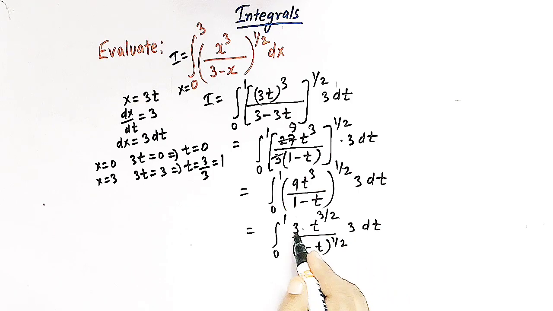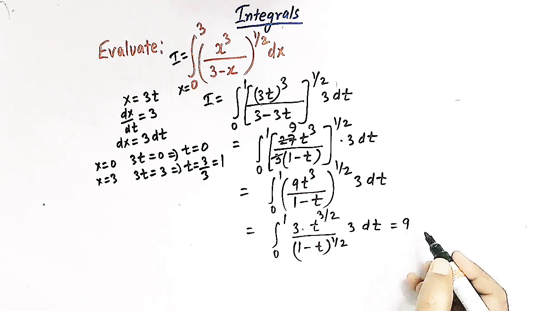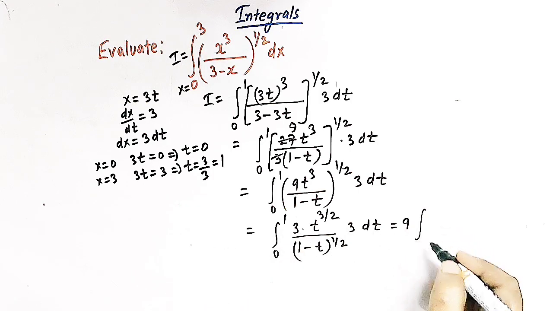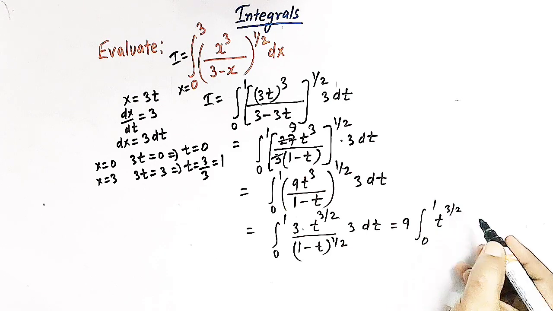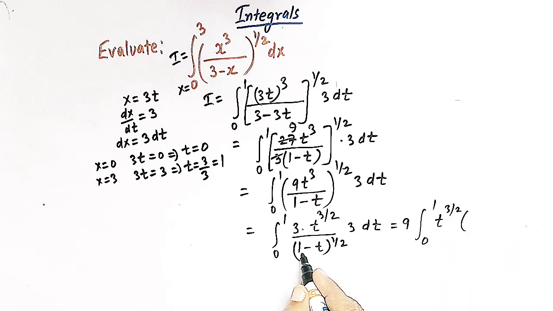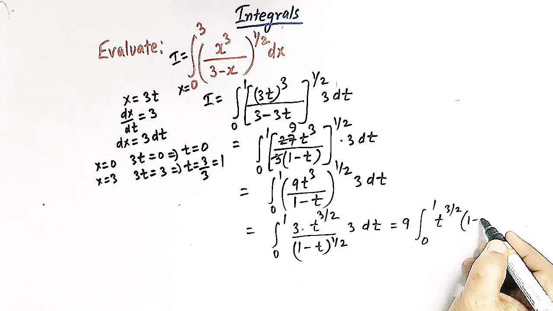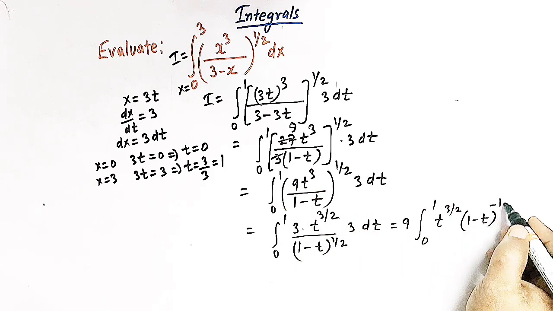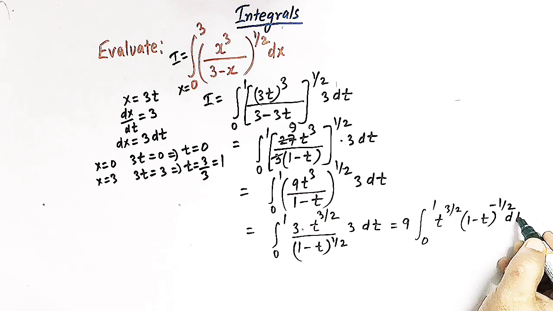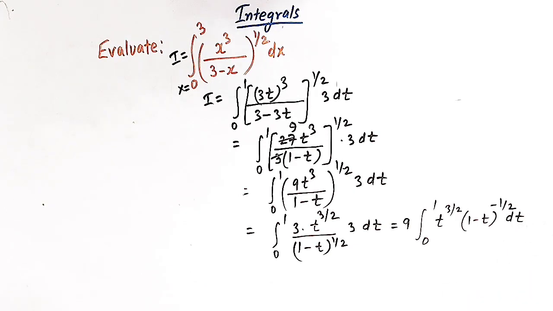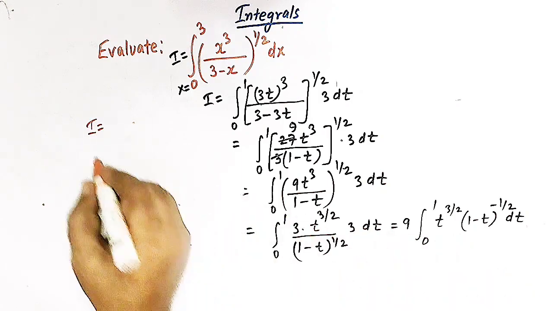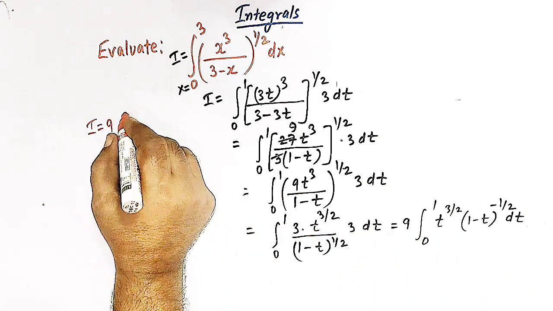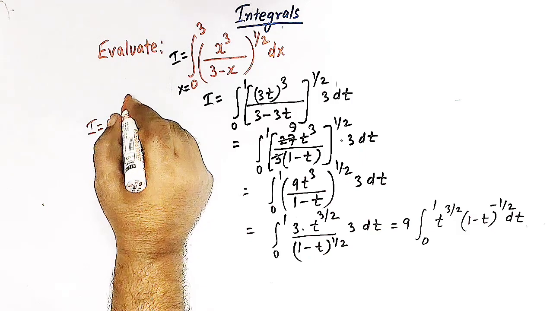Now 3 times 3 is 9, so we can take this 9 outside the integral, and here we have 0 to 1 t raised to 3 by 2, and we can take this term to the numerator, and we have 1 minus t raised to minus half, and here we have dt. So now this integral I can now be written as here we have 9, then we have 0 to 1,